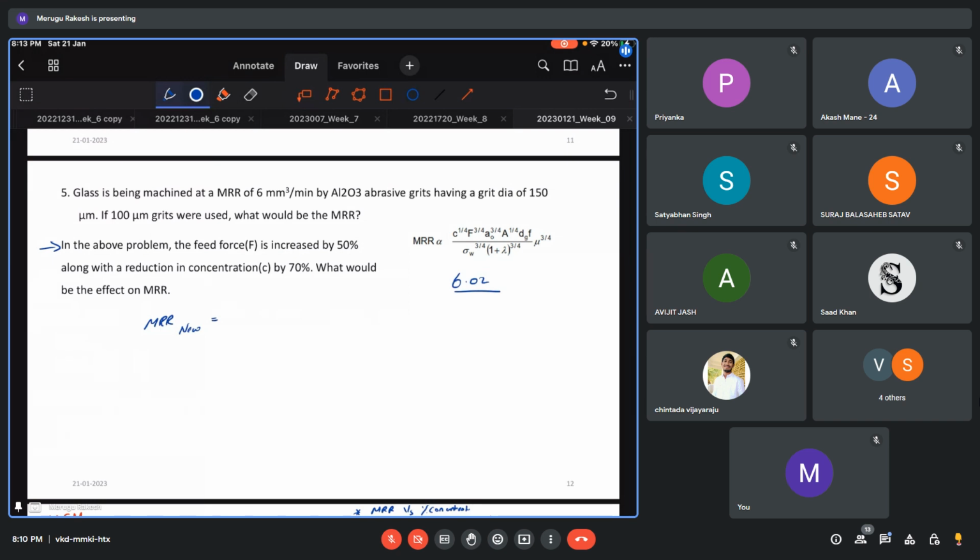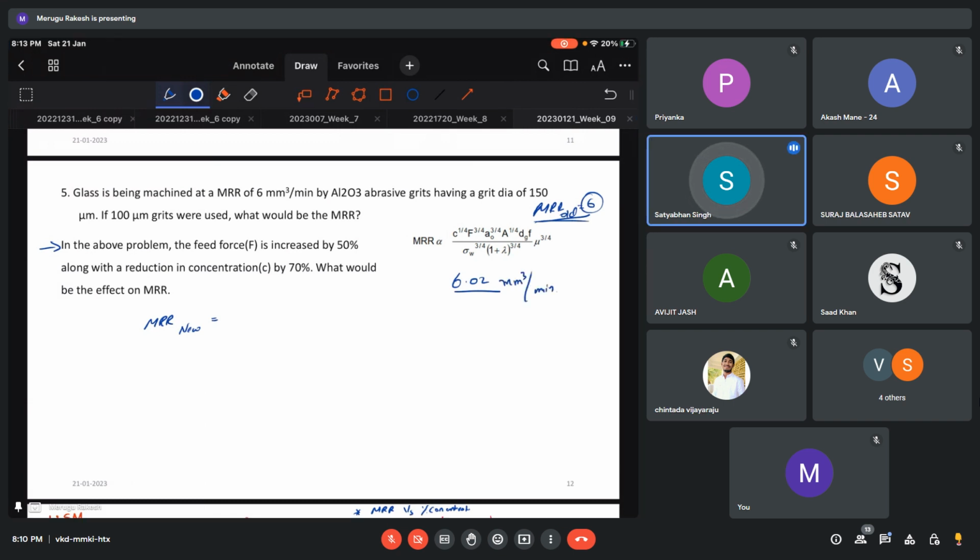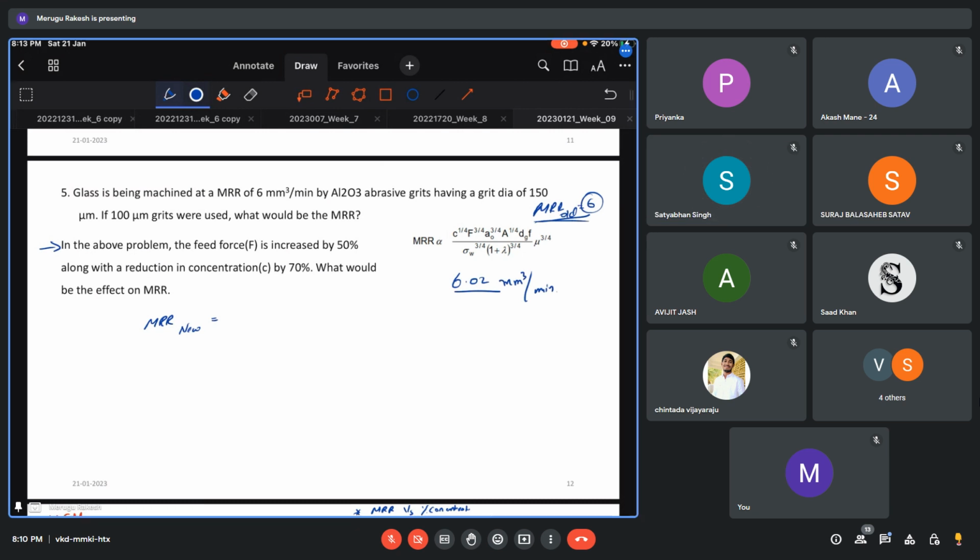I did not give the old MRR. So MRR old is 6. You can just find what MRR you are getting. Yes sir, 6.0186. So it is just C new by C old with the exponent of 1 by 4, and F new by F old with the exponent of 3 by 4. I think I have given it right here. So if you put